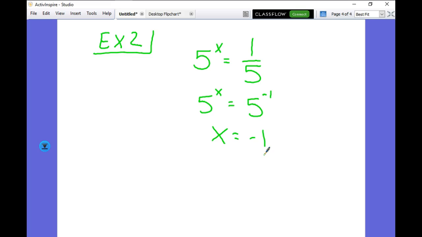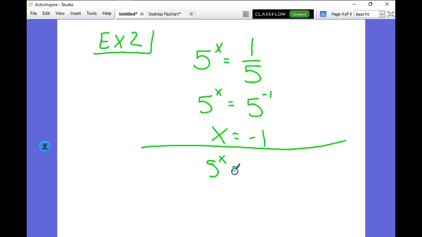So the big question is, how do you deal with fractions? Well, you just make the exponent a negative, and that undoes the fraction, basically. Makes them have the same base. Now, as a further example, suppose I had